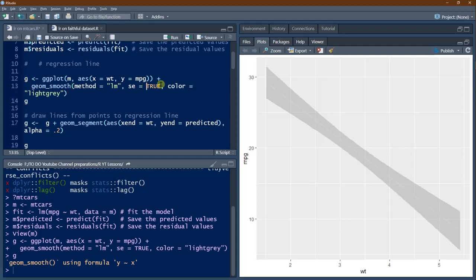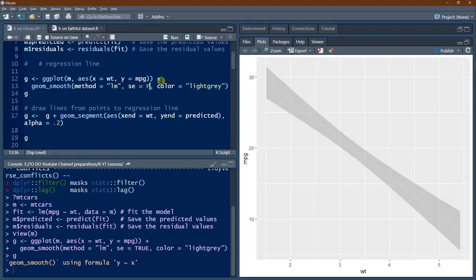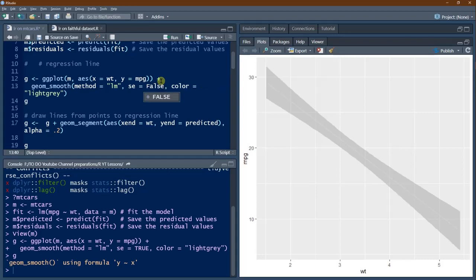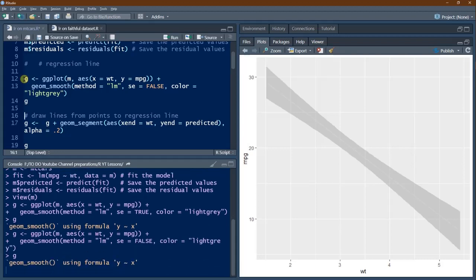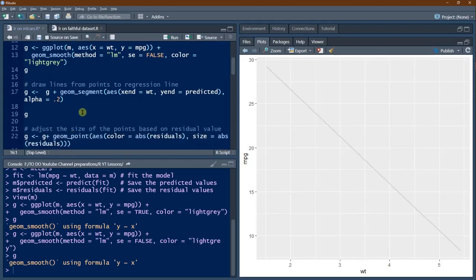So we'll say se is FALSE. Again we will execute the same plot. Now we'll have a single line. This is the regression line drawn. It's a linear line, so most likely our model will be perfect. The actual points are somewhere around this line.